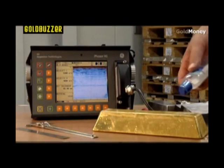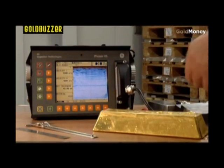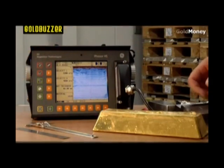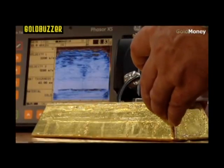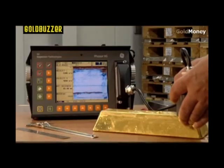Using the ultrasonic technology and the Phaser XS from General Electric, we can look inside the material inch by inch, millimeter by millimeter. The first thing we have to do is apply a gel. The purpose of the gel is to exclude the air from between the probe and the gold bar. We then put the probe onto the surface and look at the image that we get on the screen of